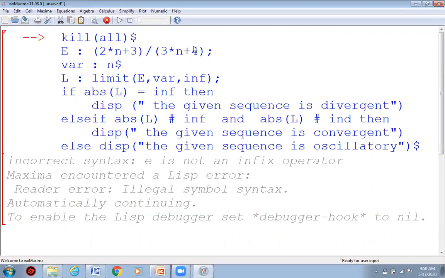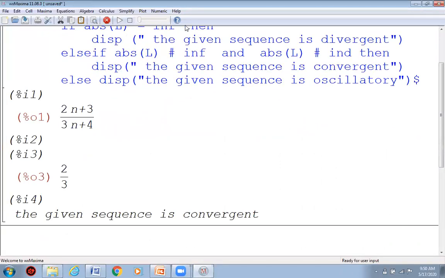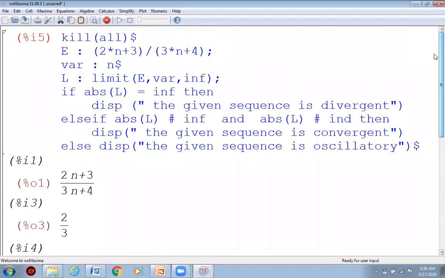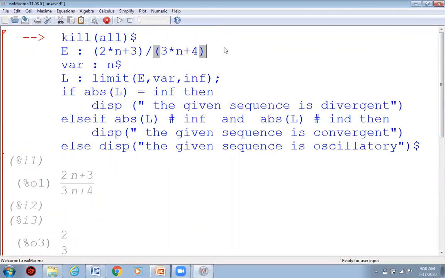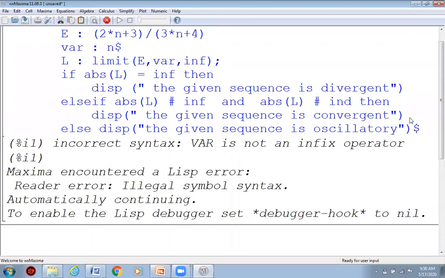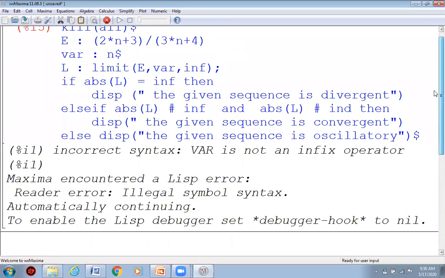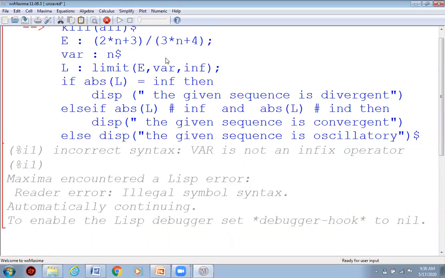Right? So let us re-execute again. Fine. Let us repeat this once again for the next line. We execute. So here, what do we have? After the symbol, there is the word VAR. So it is taking the entire thing and it is telling VAR is not an infix operator. So the moment you read this error, you should know what the error is. Let me put back this. Let me try out once again.